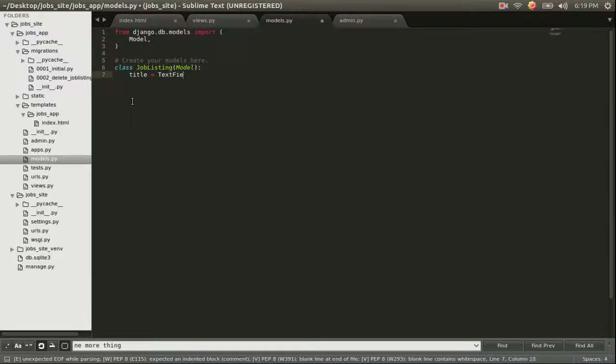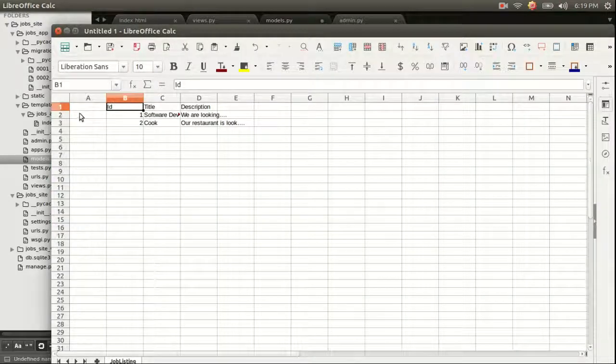And the title is going to be a TextField. And we're going to add these 2 keyword arguments: null=True and blank=True. That just means that any given job listing entry can have no title, null=True, or it could have a blank title, just like nothing, just spaces. So that's all that means right here. So what was this? Software